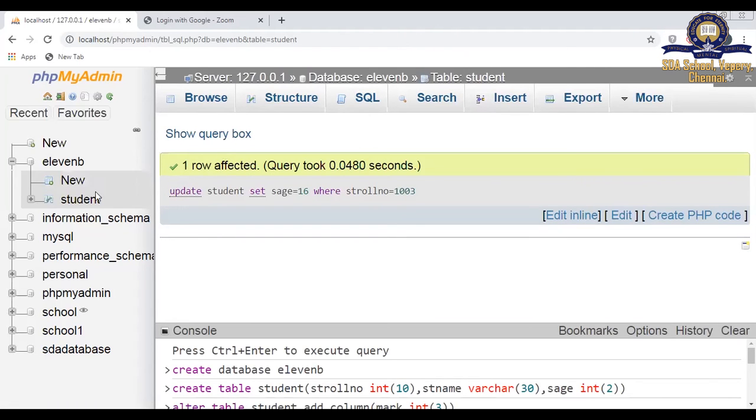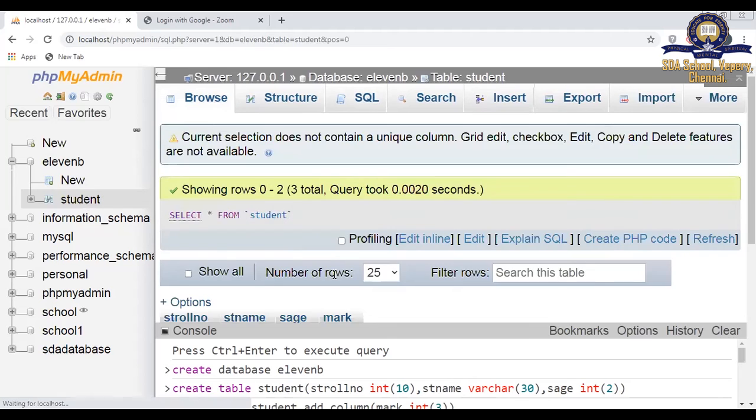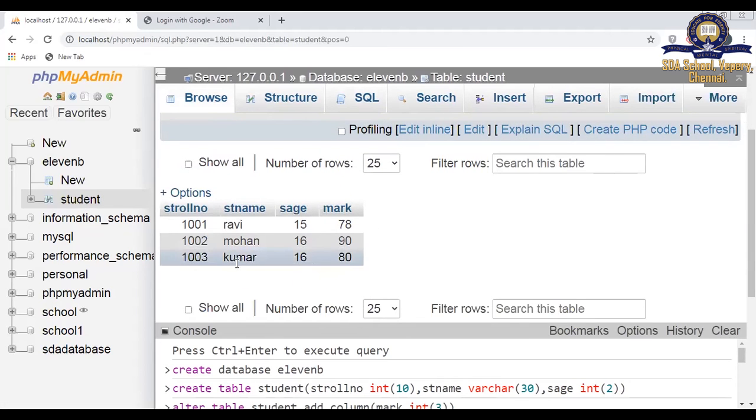How to check it, sir? Click your student now. Go and see. Previously, Kumar's age was 15. Now the age has been changed to 16. This is the purpose of using your update command. Then